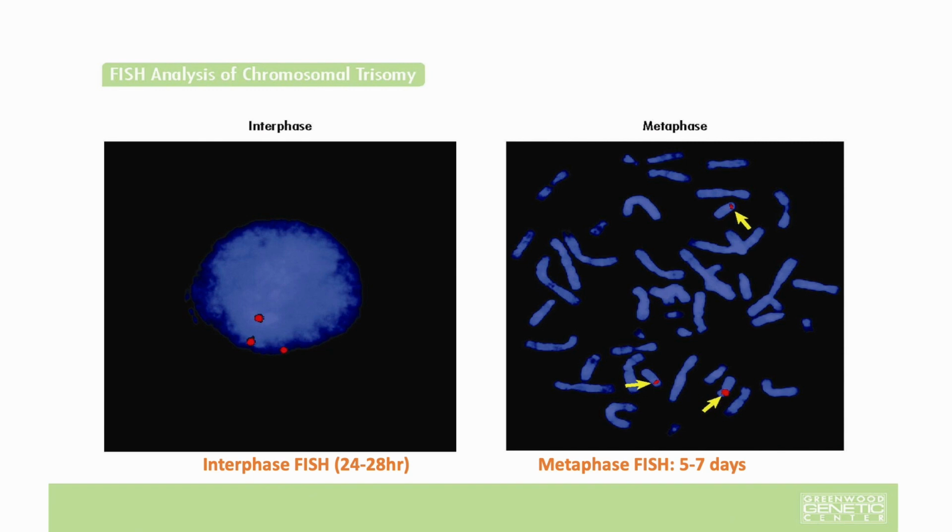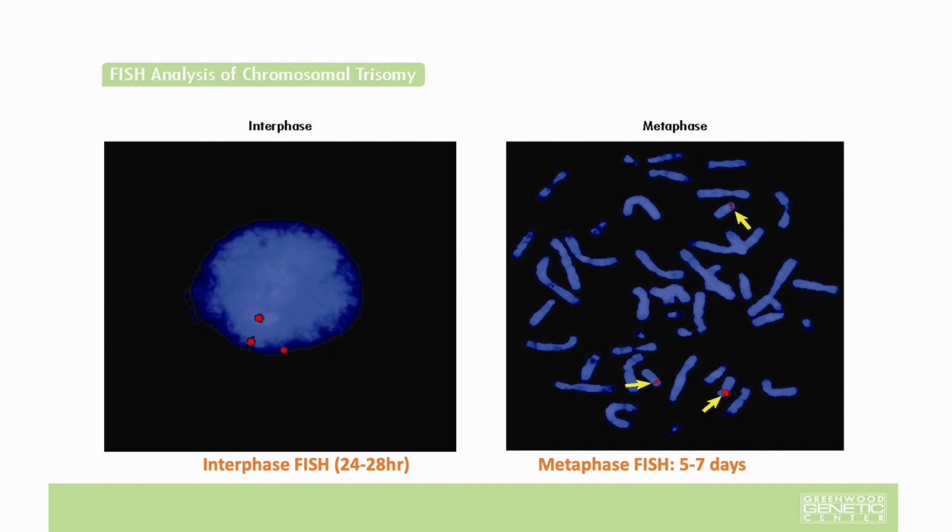On the other hand, metaphase FISH is conducted on cells that have been cultured for 5 to 7 days to allow them to reach the metaphase stage, where chromosomes are fully condensed and easily visualized. The second image shows the characteristic X and Y chromosomes in metaphase, where you can clearly distinguish the additional chromosome associated with the trisomy. This provides a more detailed view of the chromosomal structure, allowing for precise identification of the